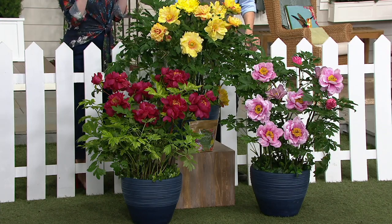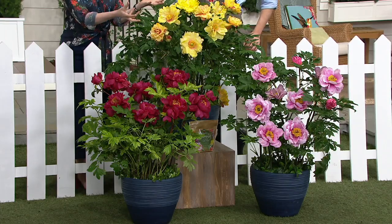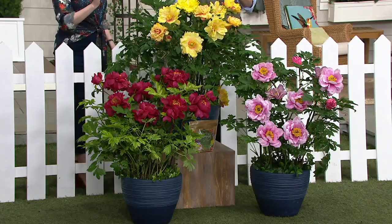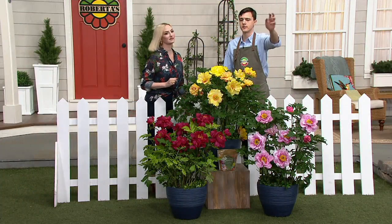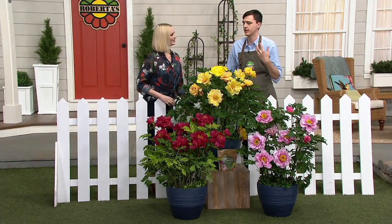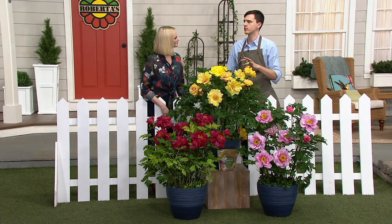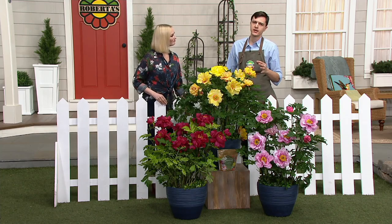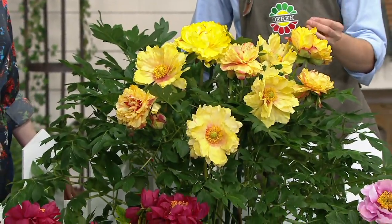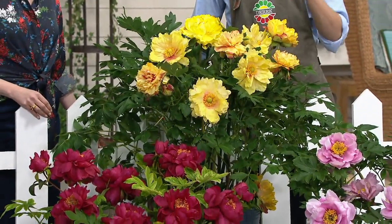Now, Derek, before we get into what this amazing creature we're calling a peony is, tell me about the 3 different color choices. Well, honestly, each one of them has their appeal. For me, I want all 3 in the garden. The thing about peonies in general, typically you see a red, maybe a pink. Yellow is unheard of. So the yellow is exquisitely rare and beautiful, but all of them are special because the Itoh